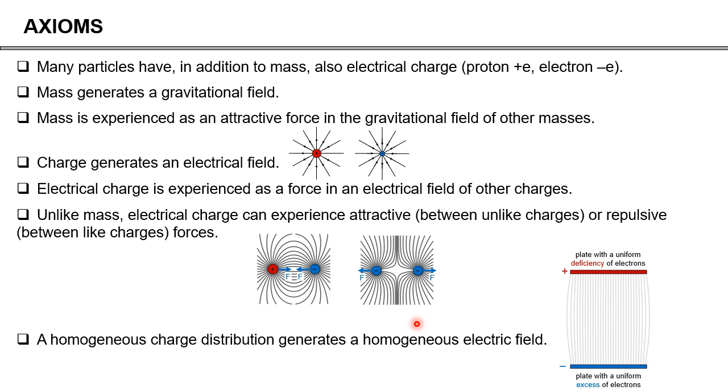Now, there are definitely positive and negatively charged particles. However, for most of the things that we're going to talk about in the coming videos, we are mostly interested in the negatively charged electrons, because those are the particles that actually move around. And so if we have a uniform plate that is negatively charged, we typically expect that to be because there is an excess of electrons in that plate. Similarly, if we have a plate that is positively charged, that is because there is a deficiency of electrons,